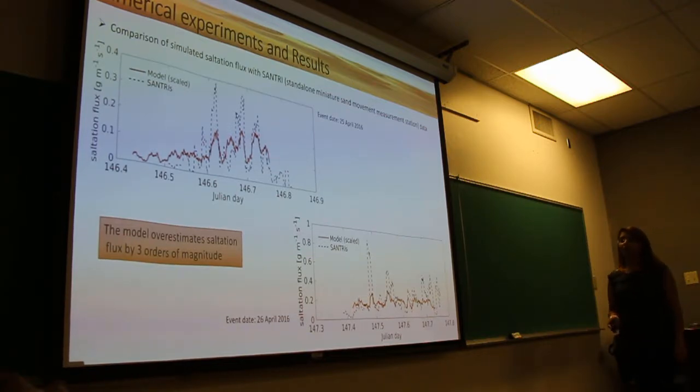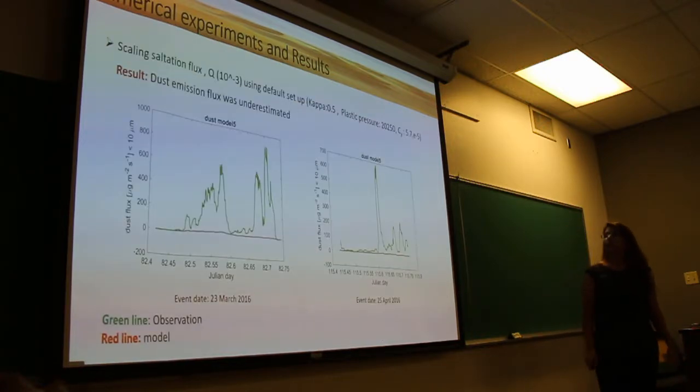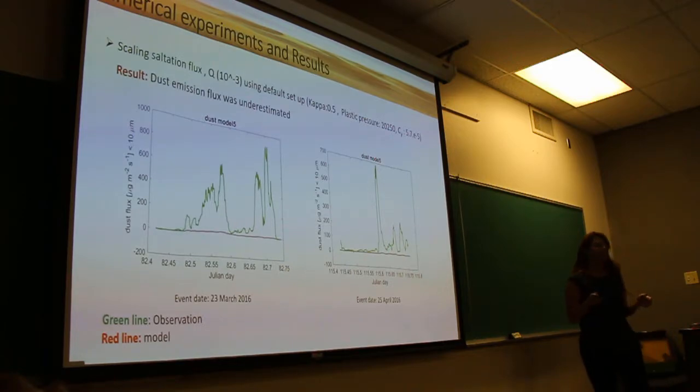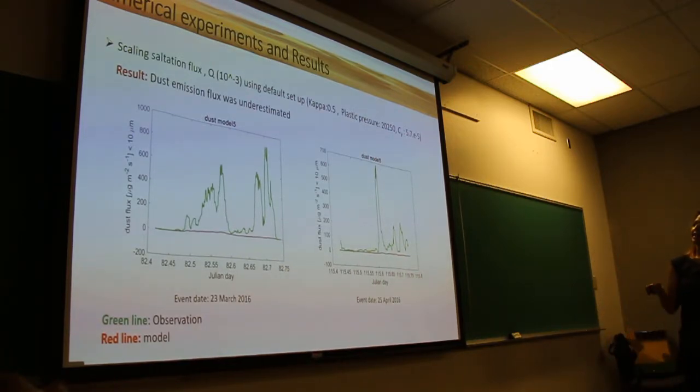So we found that we need to scale saltation flux for our model. So we started working on that. We scaled saltation flux by a constant factor, a constant number, which is 1,000 divided by 1,000,